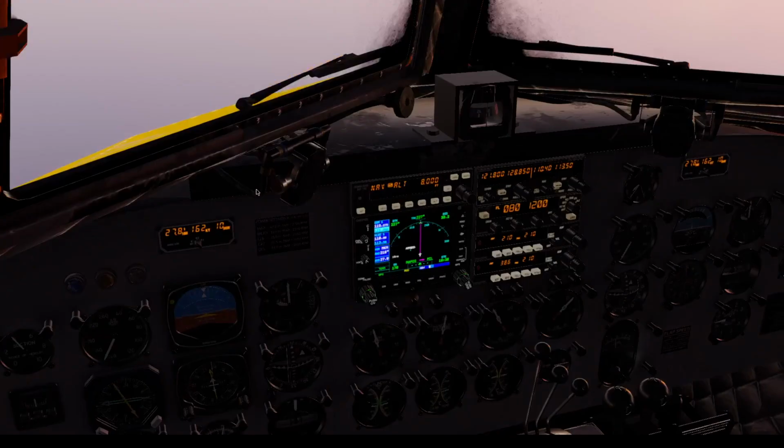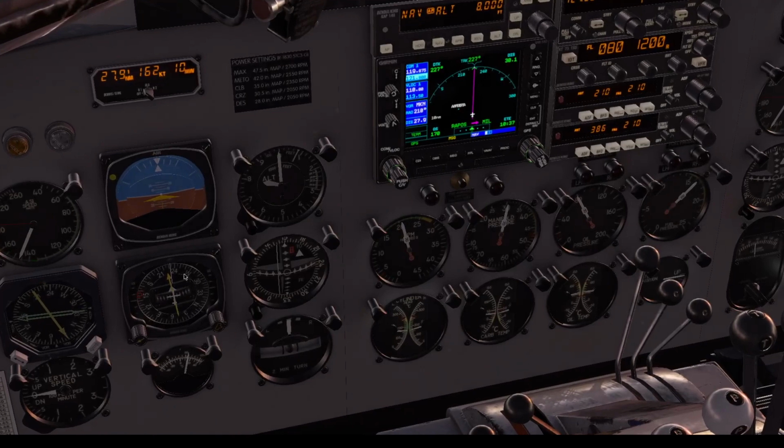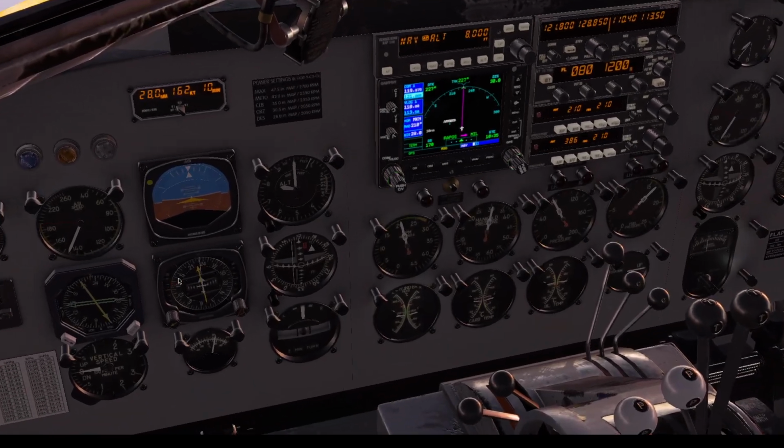Turn on the flight instrument lights. Still day to show, but